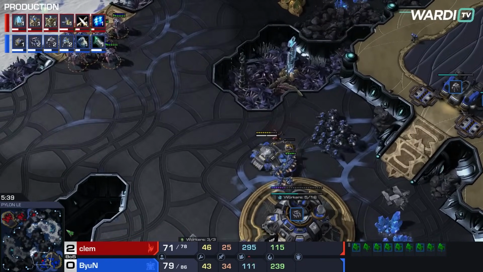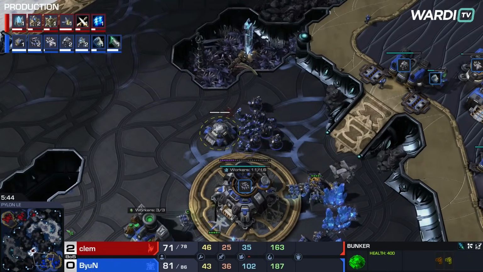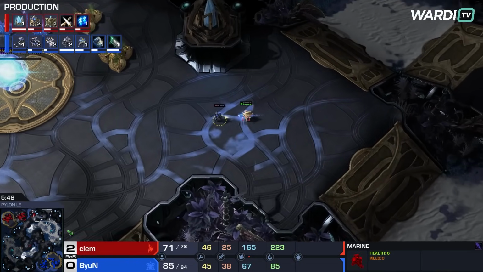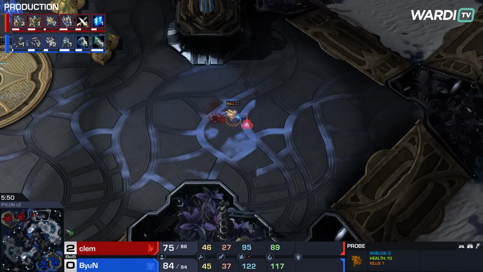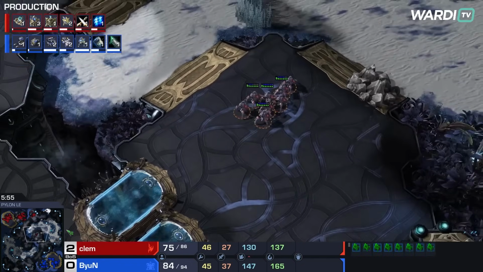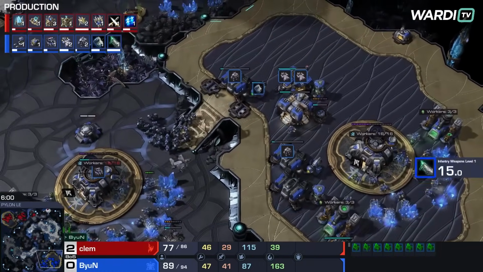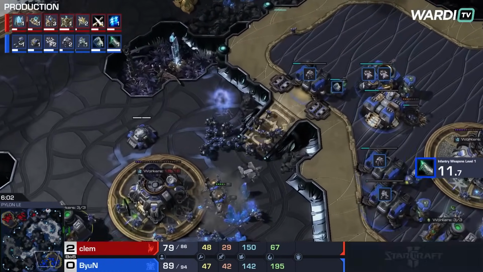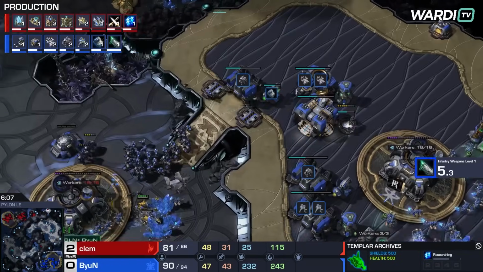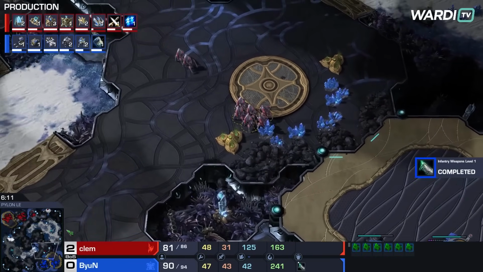You see the Stalkers being forced to blink back already. +1 charge. Oh, sorry, +1 storm. Both coming through at the moment. +1 combat shield coming about as well. Nice little nibble from the probe. Gonna get some damage dealt. As ByuN hits the +1 and combat shields is coming, we'll see if he does make any sort of effort